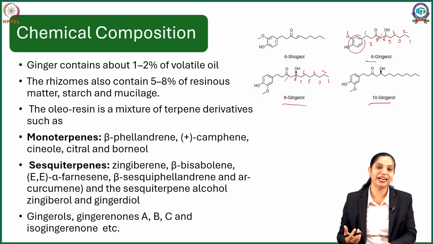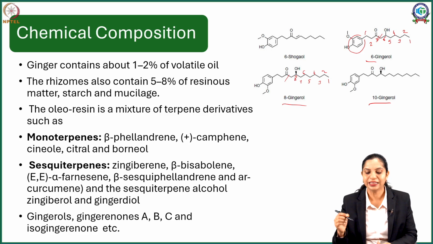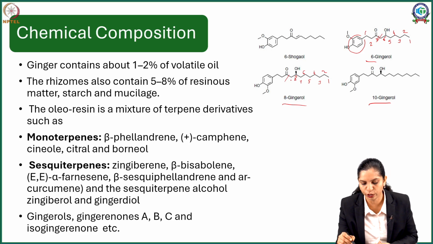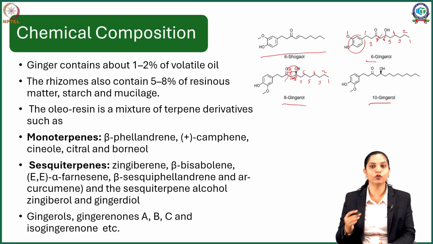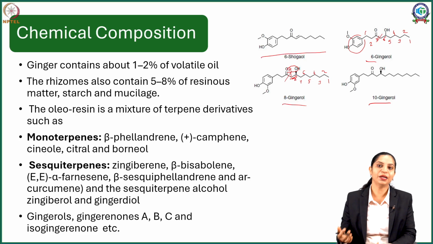Now it is seen that this plant, during the stages of its preparation, the gingerols undergo dehydration. That means they will lose a water molecule. So imagine they are losing a water molecule like this. So I'm losing this HOH, and as a result it leads to formation of a double bond out here, and these compounds are called shogaols. So shogaols originate out of gingerols basically by a dehydration process.